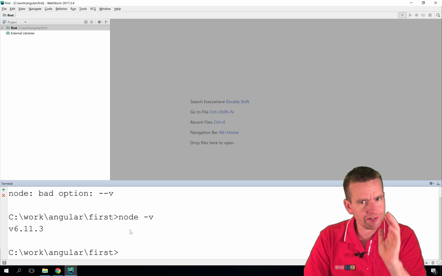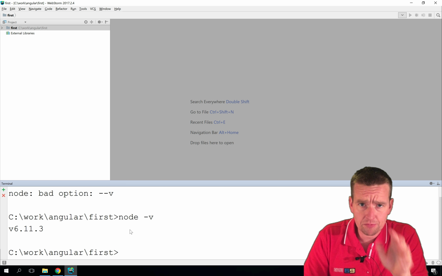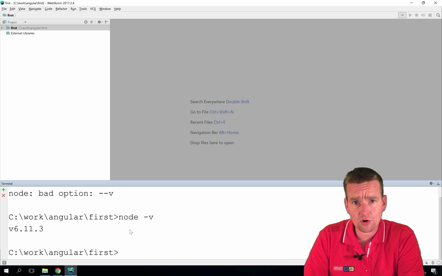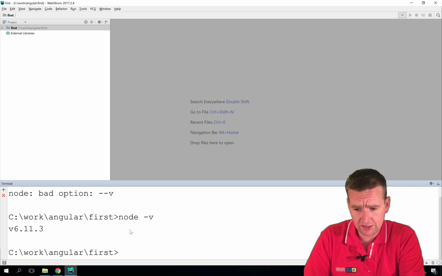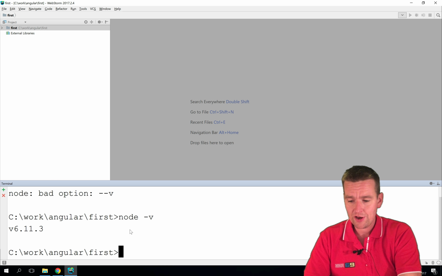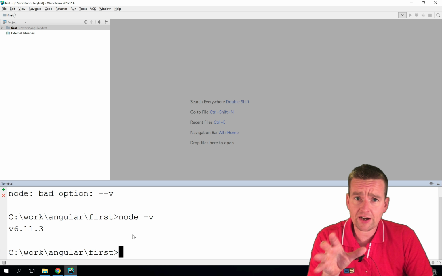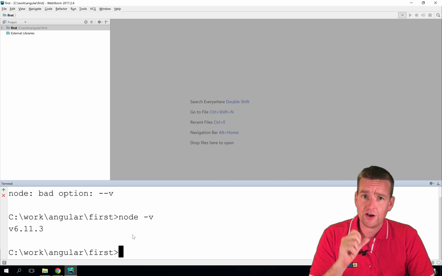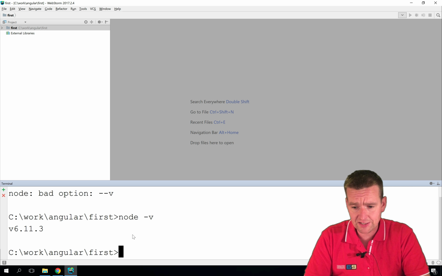Now if you don't see that, there's something wrong. Try to restart your computer, try to restart WebStorm, and try again to go into your terminal and do this once more. You need to have this, or else you can't continue. So figure out why this is not working for you, or try and reinstall it. Restarting Windows is always a good help when you have Node not available. So that's it for this lesson. Now we have Node